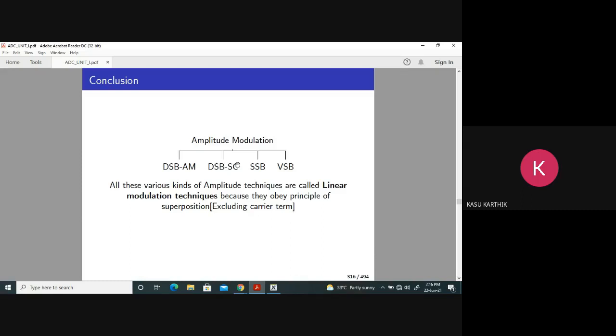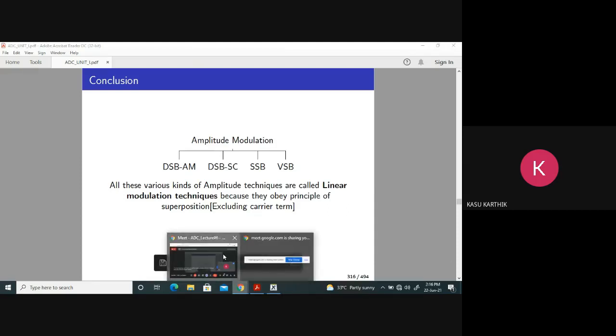Is it okay? So the frequency and phase of all these techniques is the same. We are not doing anything with the frequency or phase. We are only changing the amplitude of the carrier till now. Next, in the next techniques, we change frequency and phase by keeping amplitude constant. Anyway, so this is about amplitude modulation. Any doubts, you can ask me.